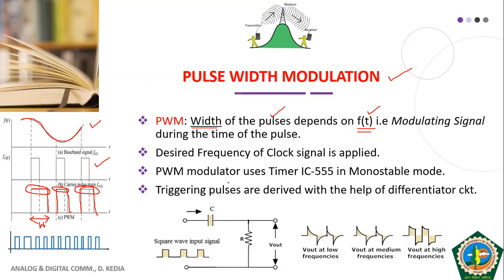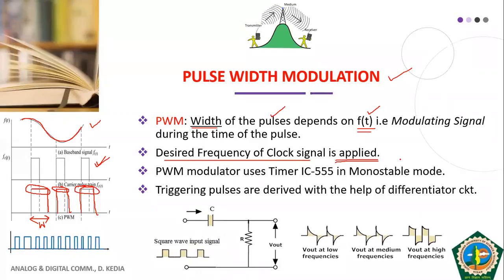And as we discussed in yesterday's class also, the frequency of the pulse signal will be decided by the sampling theorem. The same is the case here also. So the desired frequency of the clock signal we will apply will be determined by the sampling theorem. And the objective of the sampling theorem, as I told you yesterday, is to reproduce our original signal back to the best extent possible.